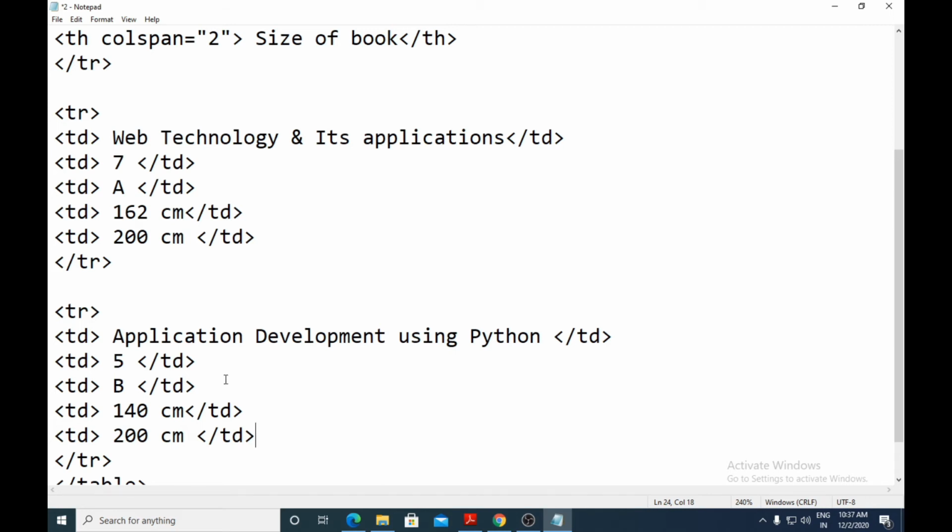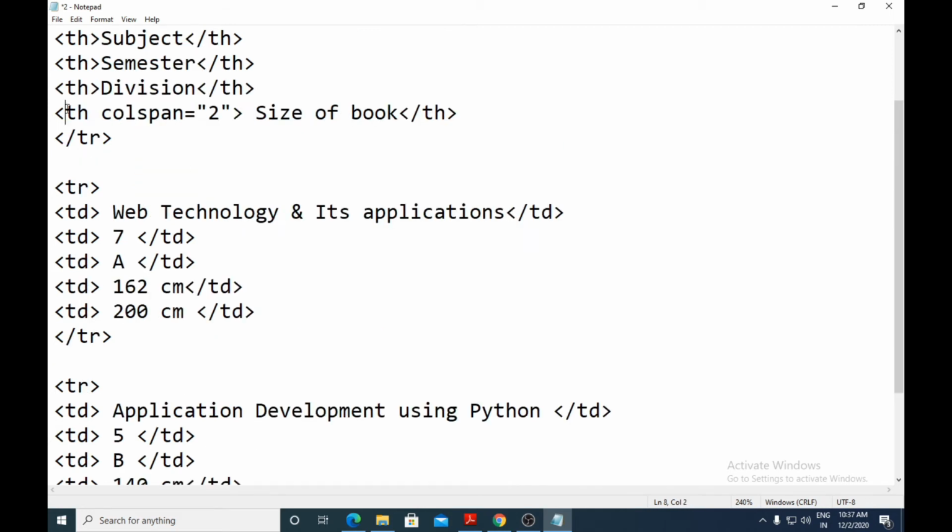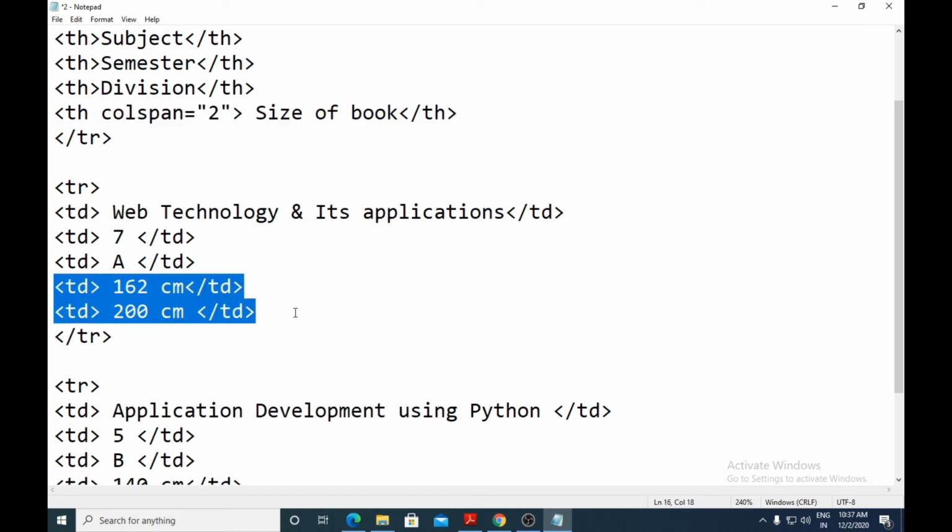So what will happen here is the title will be only one. Title will be size of the book, but this title will cover up two cells, as I have written colspan equals 2. This title will cover two data cells.